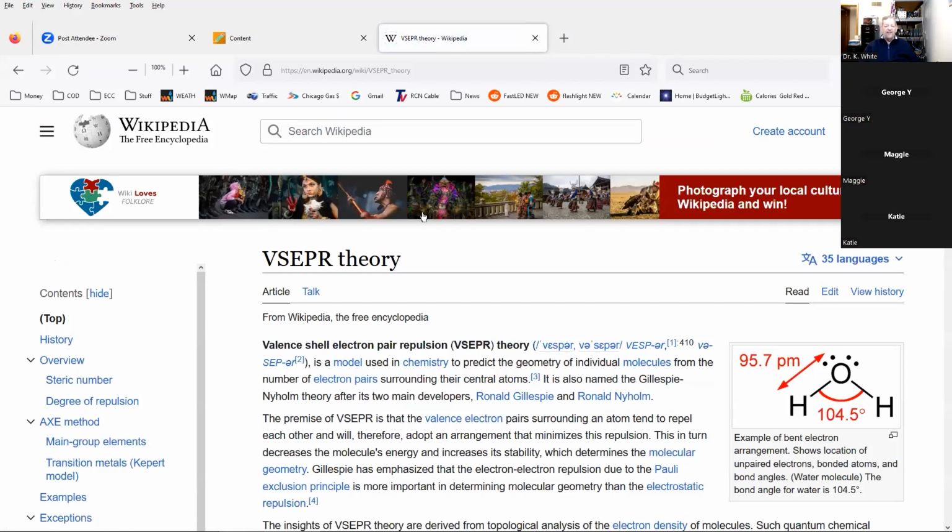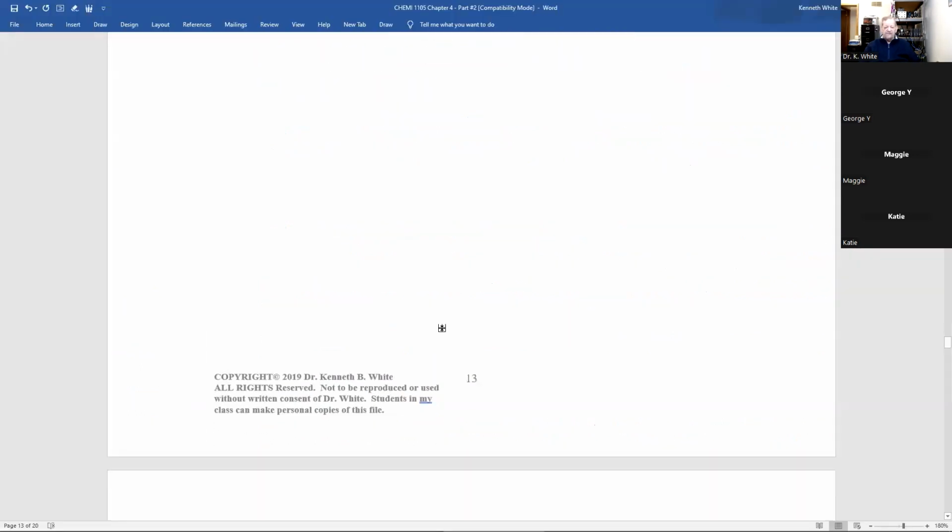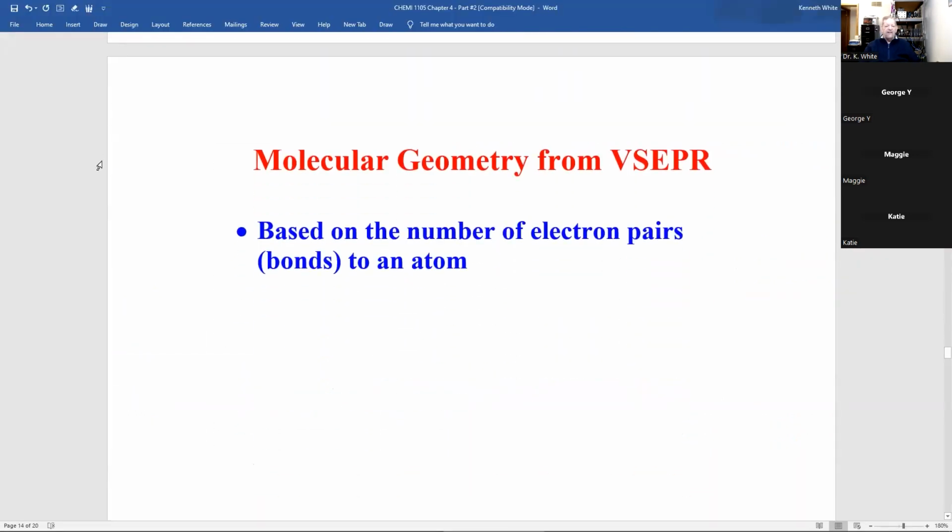Now, if we look at Wikipedia, I used to say Wikipedia in my class, would always yell at me a couple of years. No, it's Wikipedia. And they finally taught me how to pronounce it right. Now, if we look at, let me go back to my slides since I think I have it.